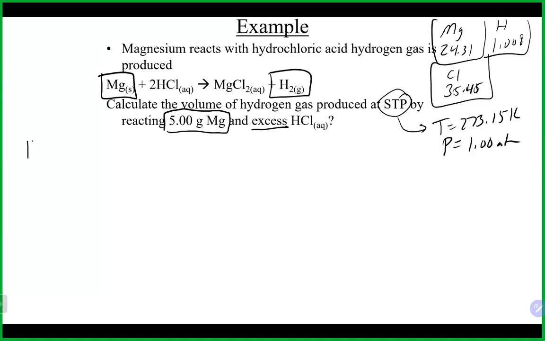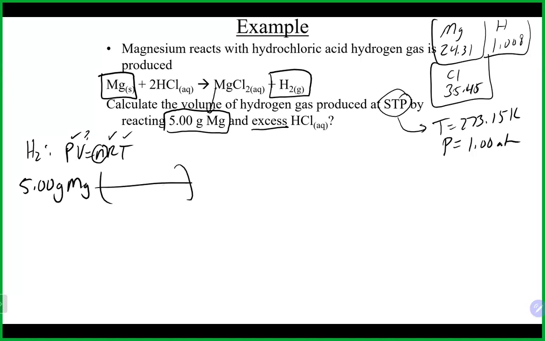So if we think about our gas, which is our hydrogen, and the ideal gas law, we have a pressure already, we have a temperature, we always have R, and in this case we are looking for a volume. So much like we've seen in the previous problems, we're missing n. We're going to use our magnesium to get to n, and we will convert that into moles. So we take our 5 grams of magnesium using the molar mass from the periodic table, 24.31 grams per mole of magnesium. That is going to get us here, 5 divided by 24.31.